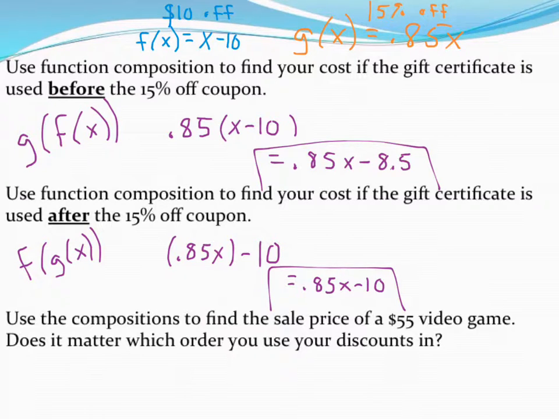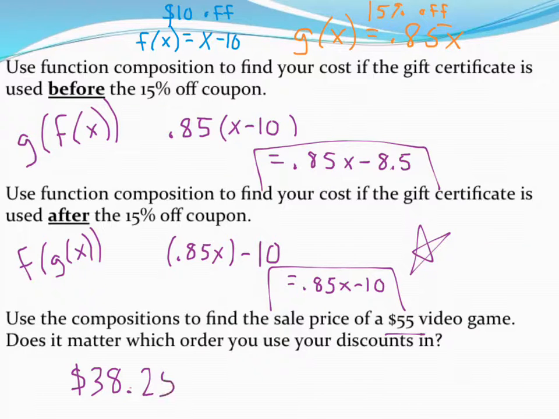That second equation, I'm subtracting 10, so I should be saving more money by doing that, but let's see if it actually works out. So as our final one, just to actually plug a number in and see, they asked me to buy a $55 video game, so that's the x value. So plugging that into both functions, and I can use the simplified equations we already came up with, using method 1, where I do the $10 off first and the 15% off at the end, I end up with a total cost, and you can check my work on this if you don't trust me. I end up with